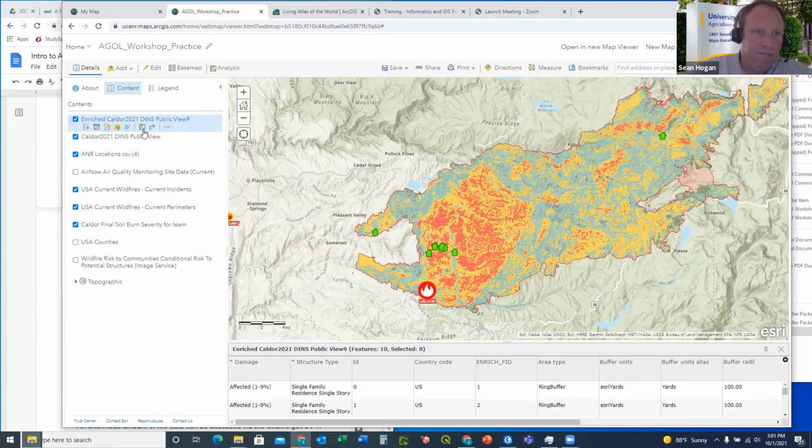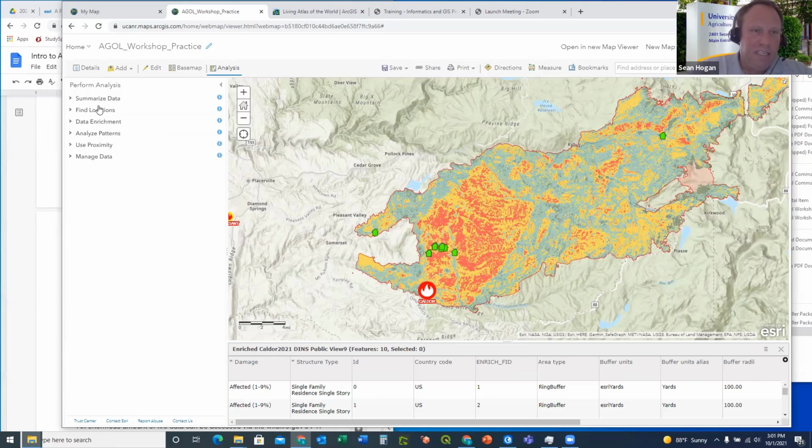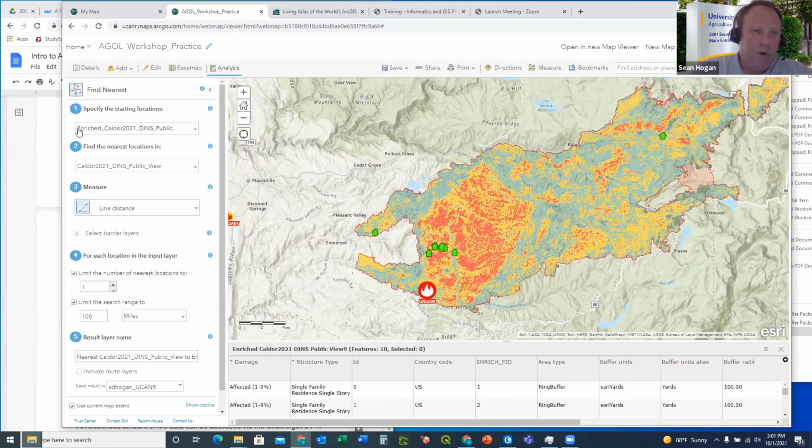But going back to the analysis, I'm going to click the analysis tab here. I can use this one or the one below. I'm going to go to use proximity, just like most of you probably are still right here. We're going to click find nearest. I can either use the enriched data set or the public viewing one, either one, since the filter is still applied. This one's hosted in my content, so I'm just going to stick with that. The features that it's located closest to, I'm going to go to the UCANR locations,